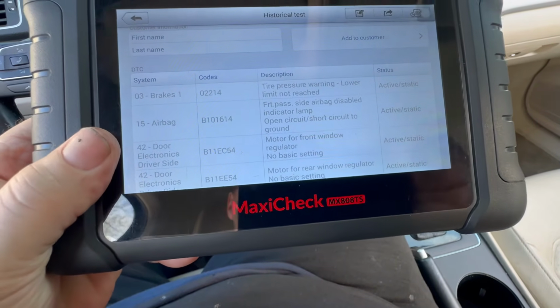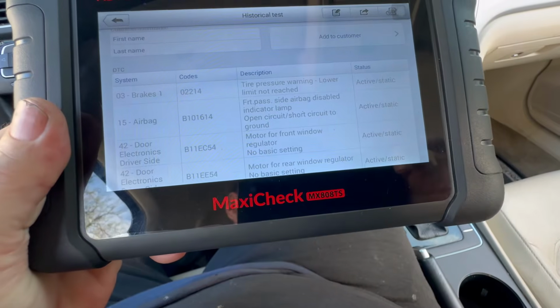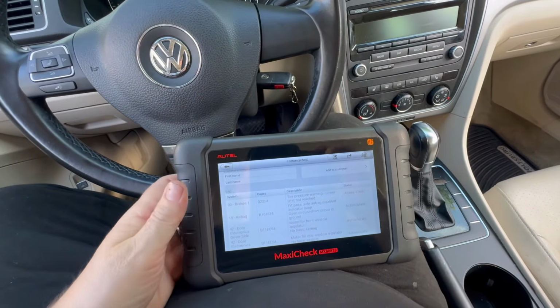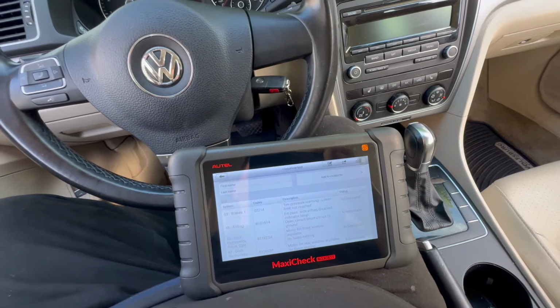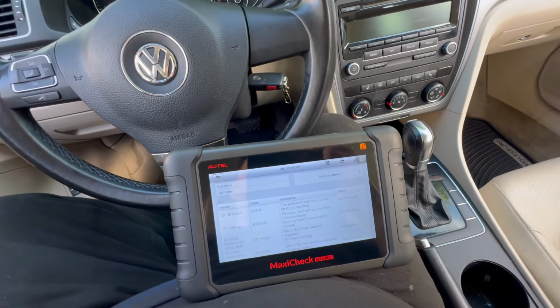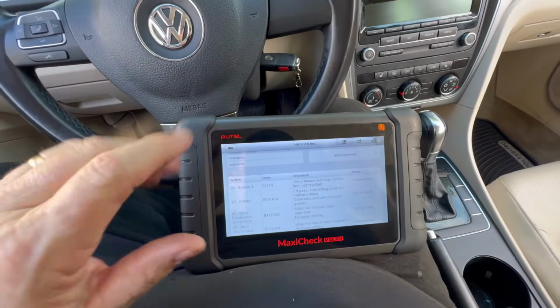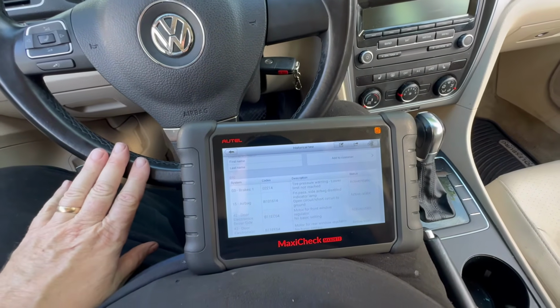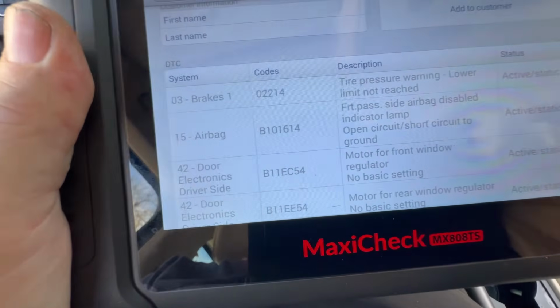There's only 2 here because I erased the other 2 to make sure they work. I always do that, because I don't want to give you guys information and it doesn't work for myself. Even though it's factory manual, sometimes it just doesn't work. So we'll work on, this is a 2014 Volkswagen Passat. All right. And those are the codes,